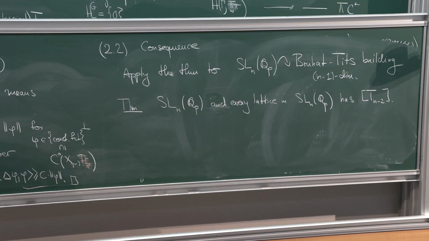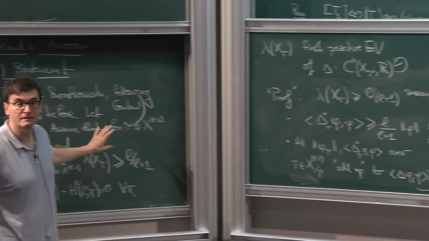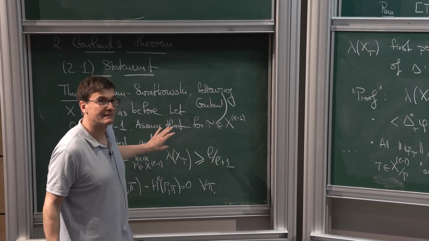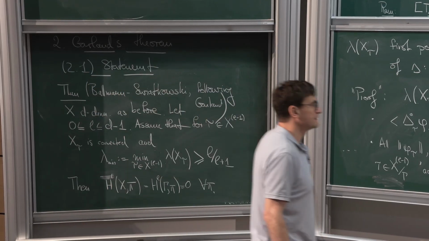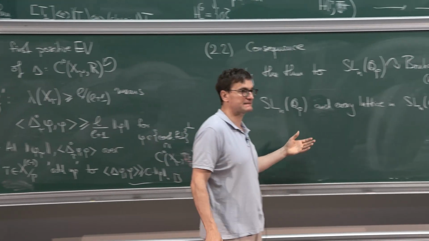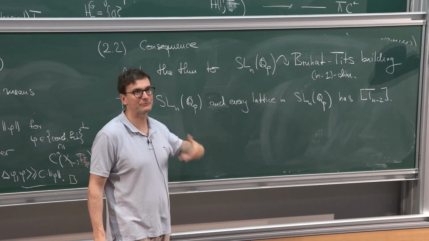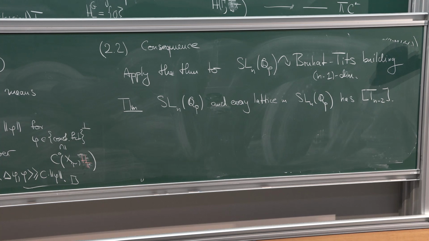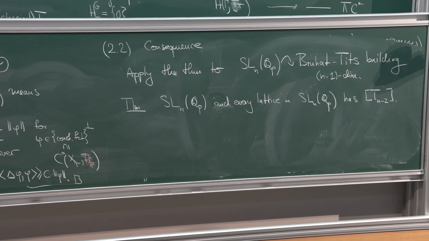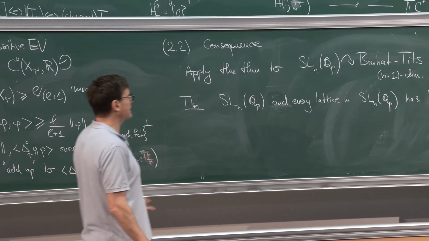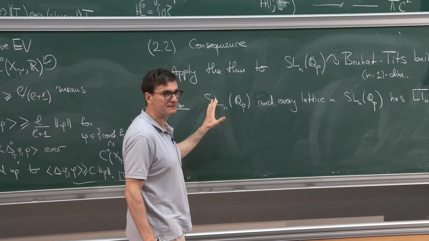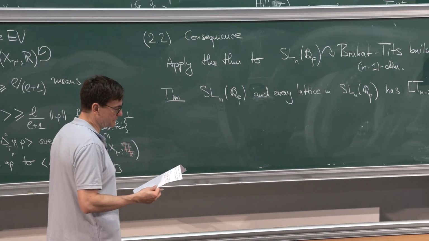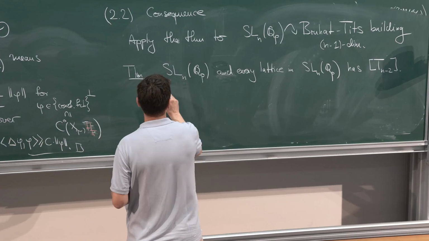So I formulated everything here for discrete groups. But actually, in this setting, SL_n(Q_p) itself acts, and you can also right away work with G itself. It doesn't really play a role in this setting. Going from lattice to G and back is basically the same. So you get this statement by analyzing the links, which is non-trivial. But you can do that, and more generally,